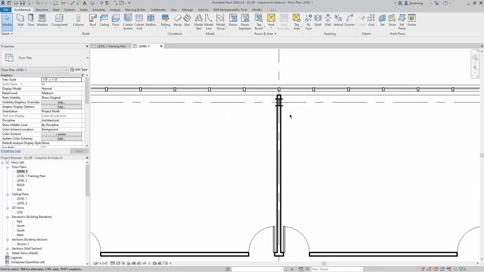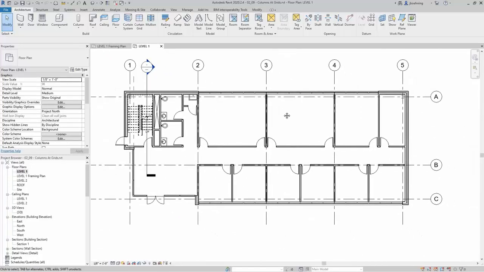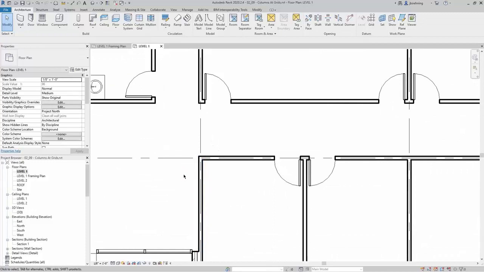You can see that they are placed at grid intersections, which may be what you want. And in some cases, you may want to place them at architectural column locations. So if you're placing architectural columns first, then maybe you want to place structural columns at the architectural column locations. So let's go back to the architecture ribbon, and in the build panel we will select column architectural,